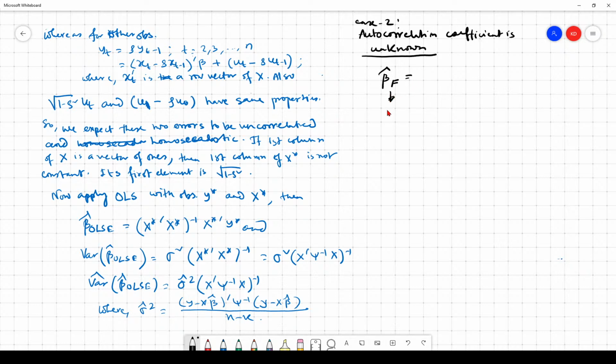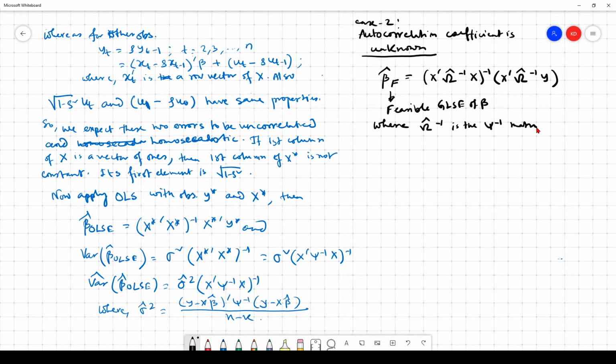That means it is a feasible GLS estimator of beta, which is equal to x prime omega hat inverse x inverse x prime omega hat inverse y, where omega hat inverse is the omega inverse matrix with rho replaced by rho hat,